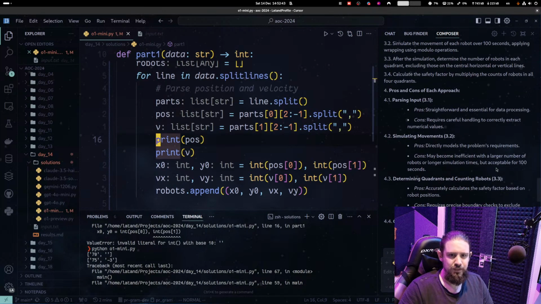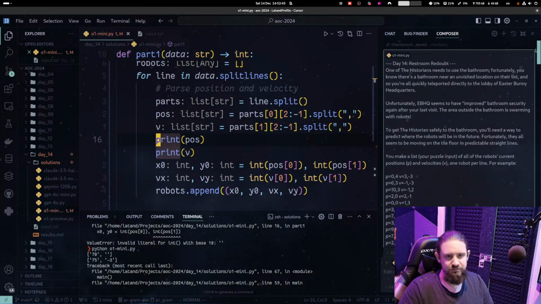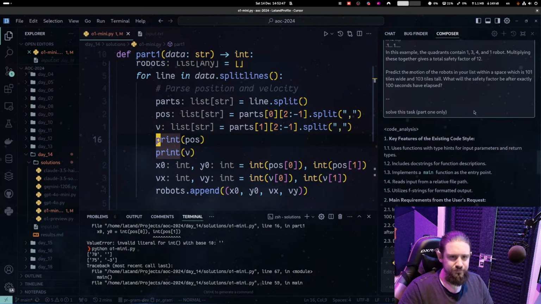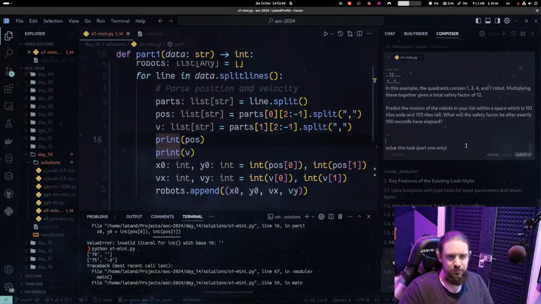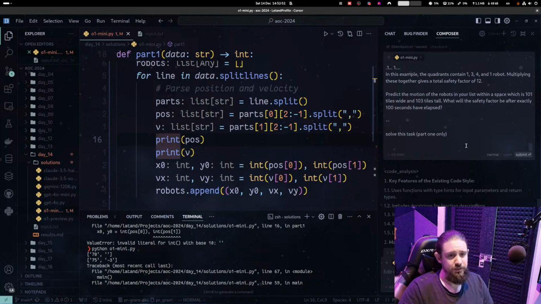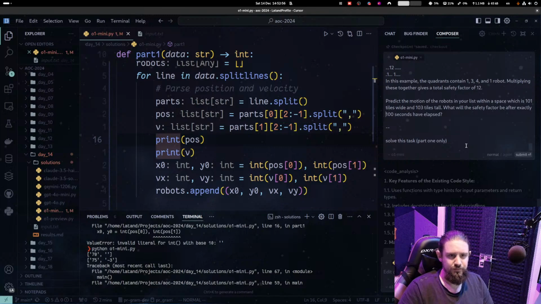Okay, bad day for O1 Mini, but I'll give it a hint anyway. Make the positions, and I'll just do it another way. Use regex to parse correctly,